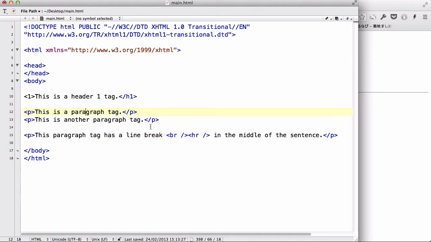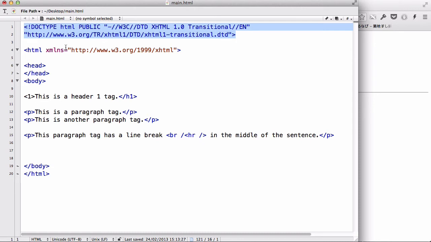The third being, even if it's a tag that doesn't have both the start tag and the end tag, we must close the tag, like this, not like this. And the fourth, well, technically the first, was that we need to have the doctype declaration for XHTML. If I delete this, it doesn't work. Same as we need this XML namespace attribute within the